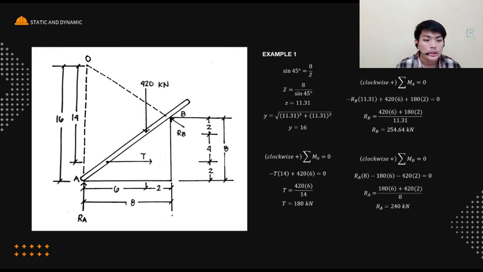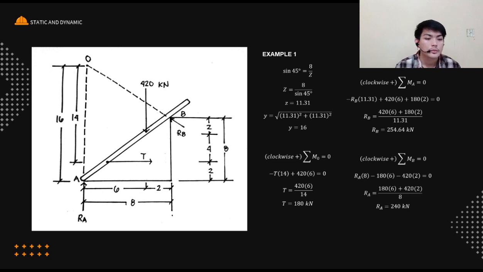Since we are solving for RB, we put it on the right side and divide both sides by 11.31. So RB equals 420 multiplied by 6 plus 180 multiplied by 2, over 11.31, leading to our RB being